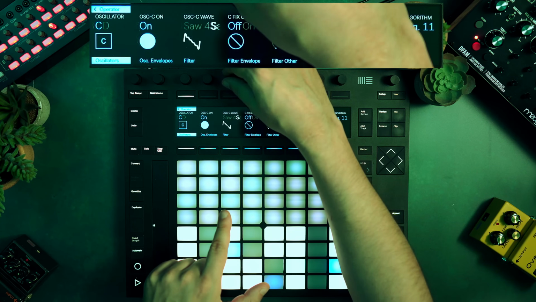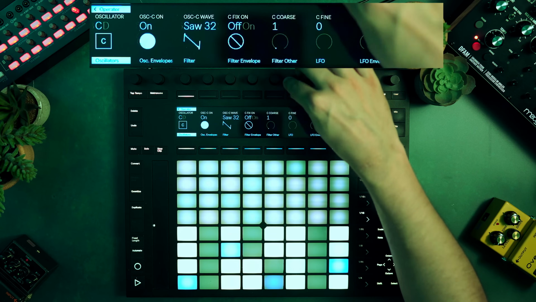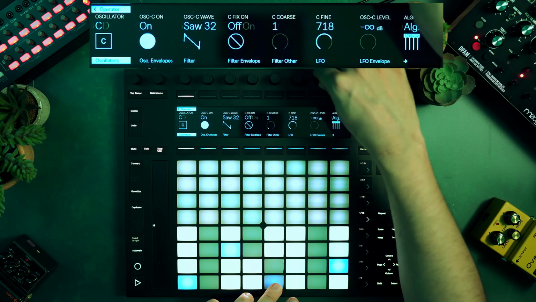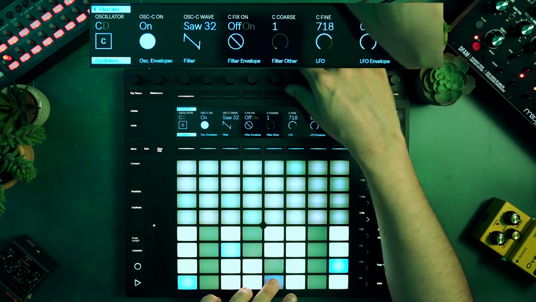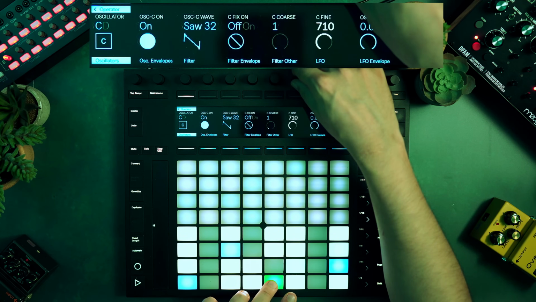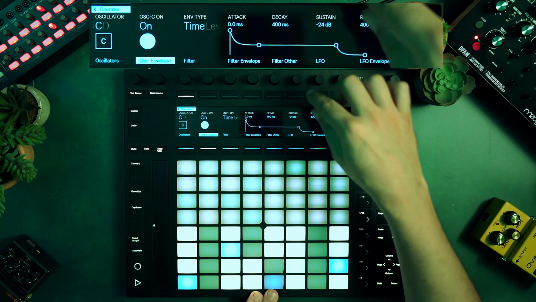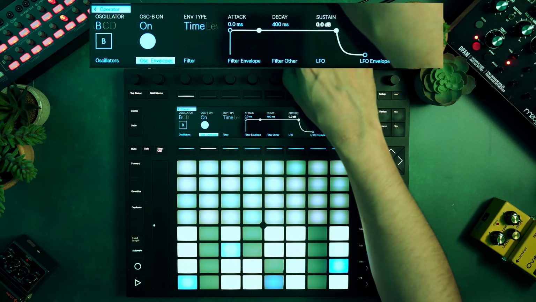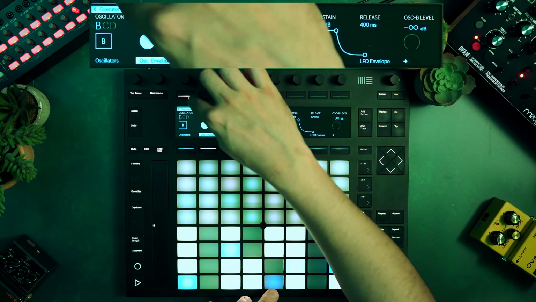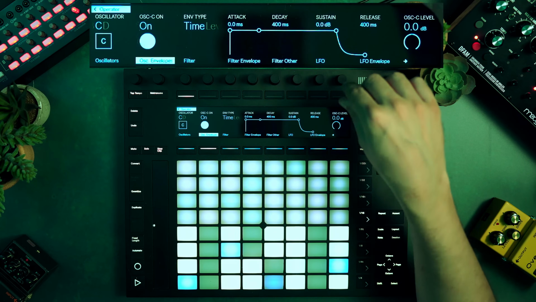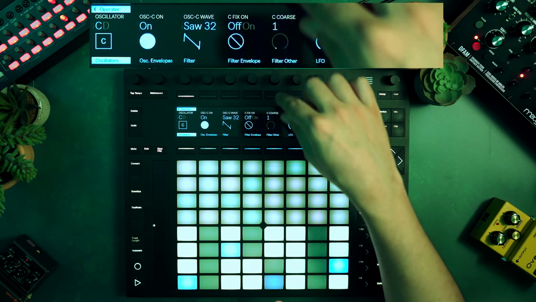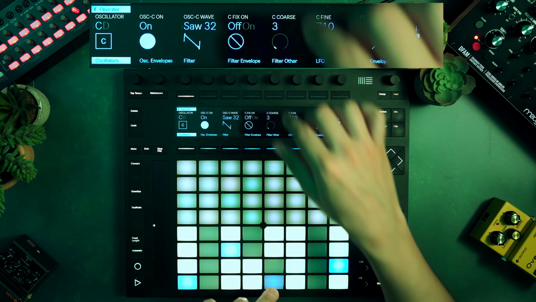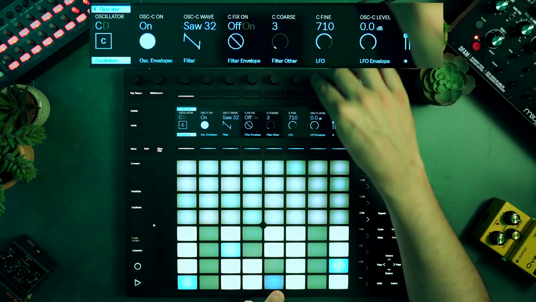time I'm not choosing saw 4 but saw 32. Same idea, detune around 700. Let me bring the level up. One thing, oscillator envelope, you need to bring the sustain up. Forgot to do it for the B, but as well, sustain up. So here as well, we're gonna change the coarse. And we're gonna put it at 3, so this way we have